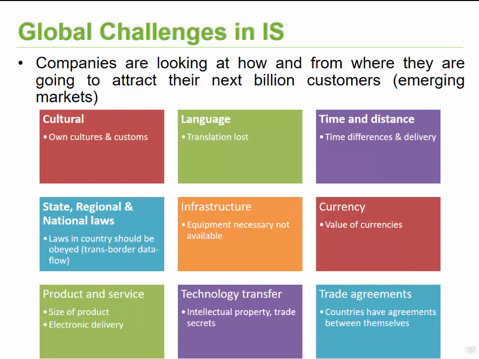Do you need to think in terms of, let's say, the economy, what they can afford, what is available to them? If you're sending products, let's say in Africa, can they really afford these new products and services? Looking at products and services, the types of stuff that you want to offer, the size of a product. If you're trying to sell a product that's quite large, will you be able to transport and deliver it to that country? How many issues is it going to present to you? Again, that would relate to perhaps something like infrastructure.